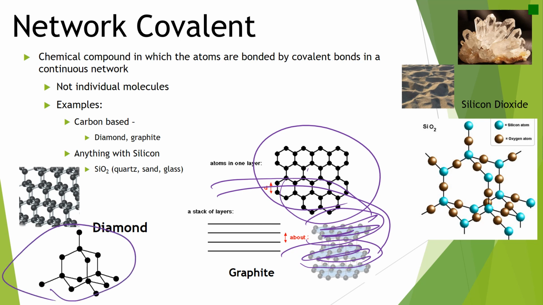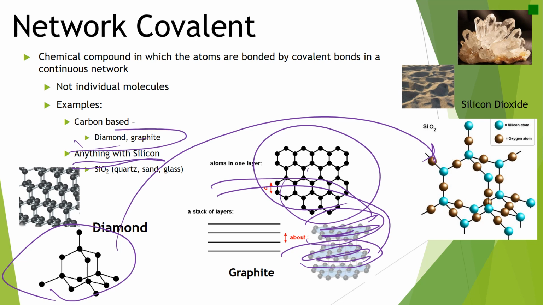Diamonds, if you look at that, is really intensely interworked together. It seems very similar to silicon dioxide as far as structure goes. These are extremely hard to break, and that's why diamonds are so strong and sand is so strong, and so they have such high melting points. But you do need to know that anything with silicon is going to have a network covalent bond, and the two that are carbon-based, diamond and graphite, you have to have memorized that those will have network covalent